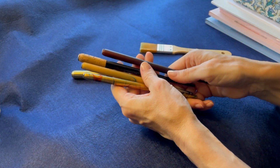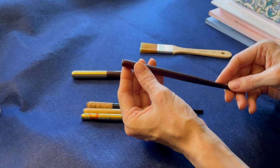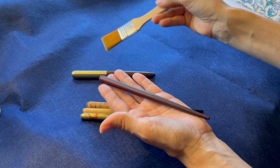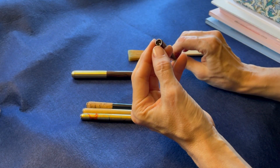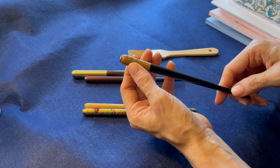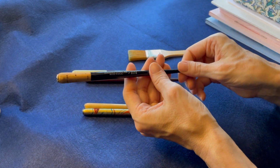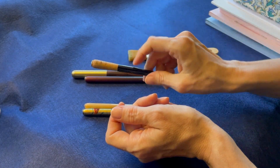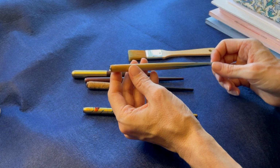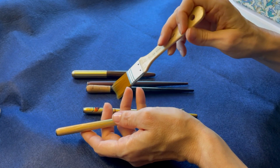This is a sample selection. These are all wood. This one is very smooth, lacquered wood with a matte finish. And a holder for various sizes of nib. This one has a cork grip on a black lacquered wooden pen, and they all are tapered at the end,